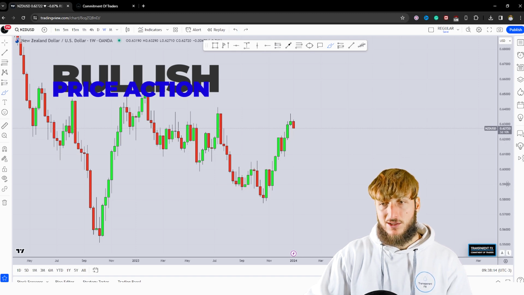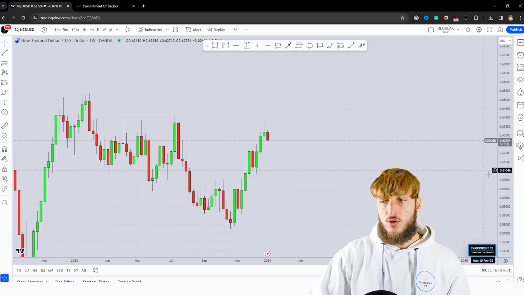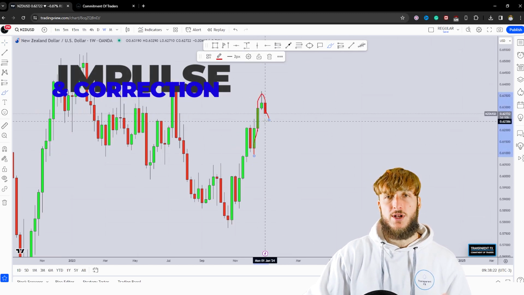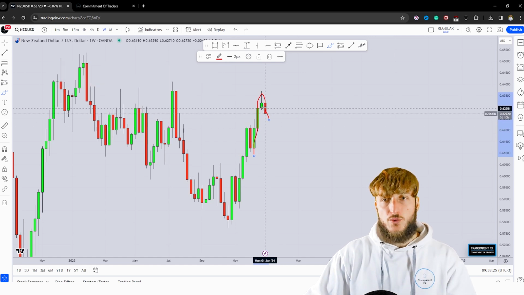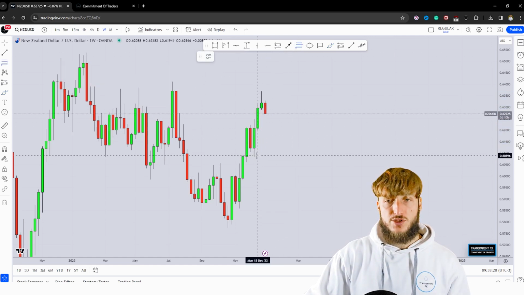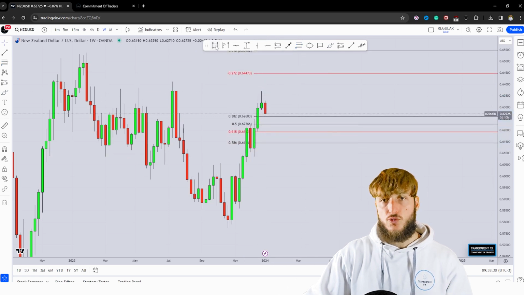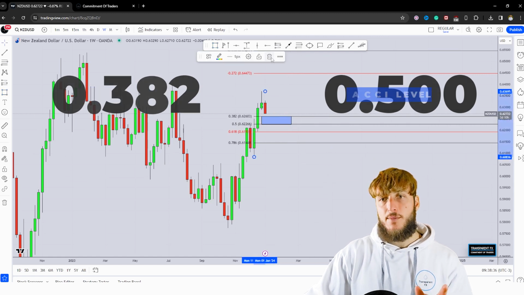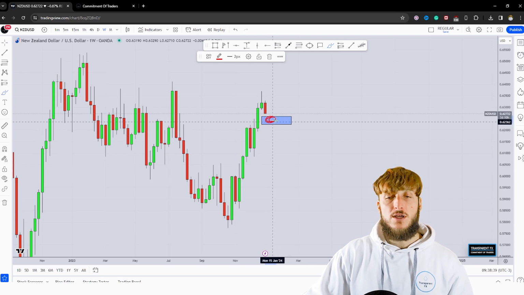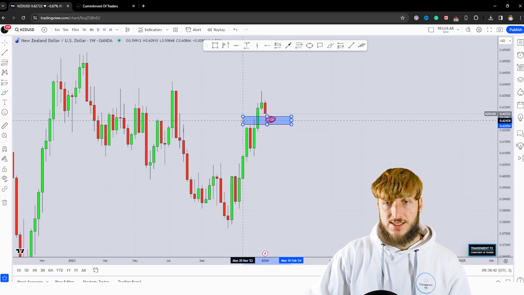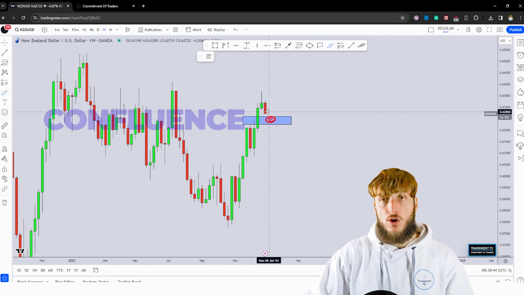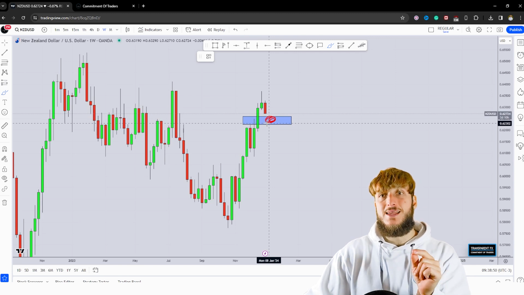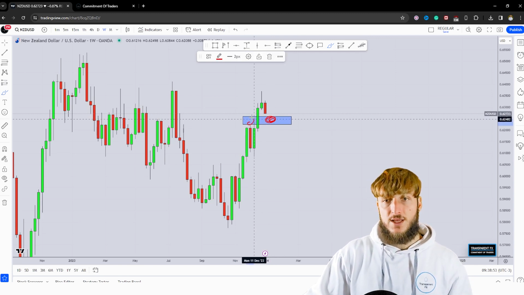Now, if we look at the pattern that the market has been creating here, what we can notice is that we can see a very clear impulse to the upside followed by this correction. Now, in general, after an impulse, if you want to measure the correction, you have to take your Fibonacci from the low to the high of the impulse leg. And if we do that, we can see how we have the 0.382 and 50% retracements lining up exactly in this area, creating support in this zone that if we extend it to the left, we can see how it is actually confluence of support, because we have both the 50% and 0.618 Fibonacci retracements in perfect confluence with this previous level